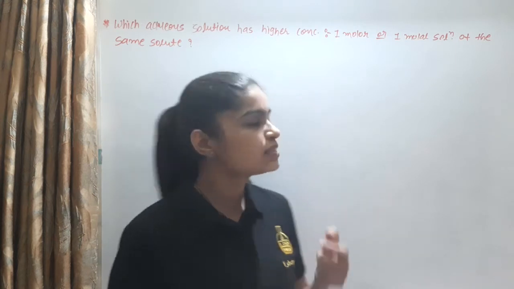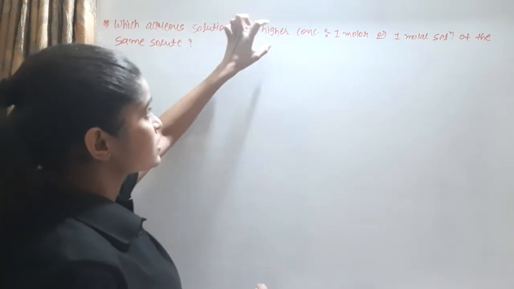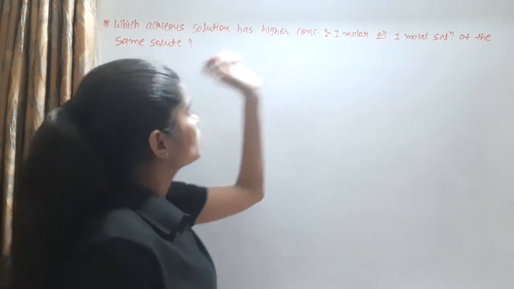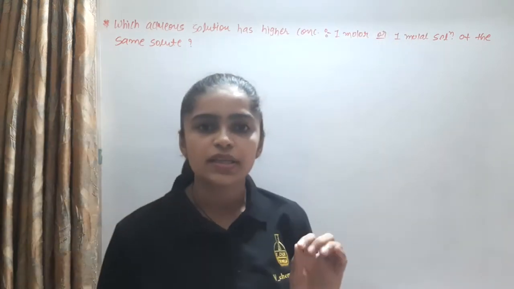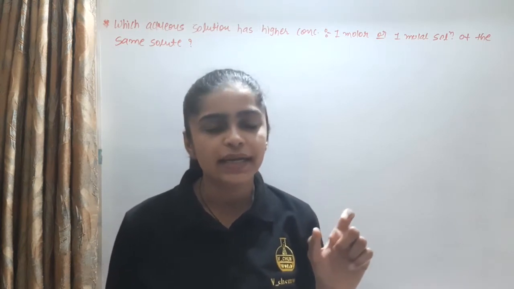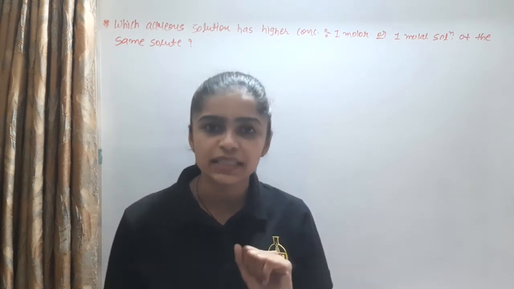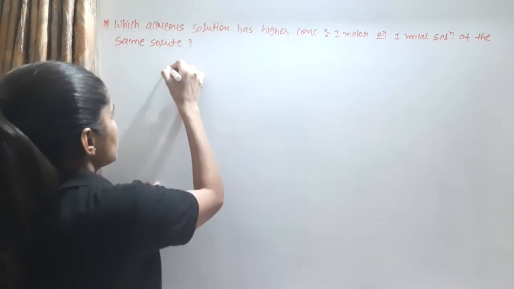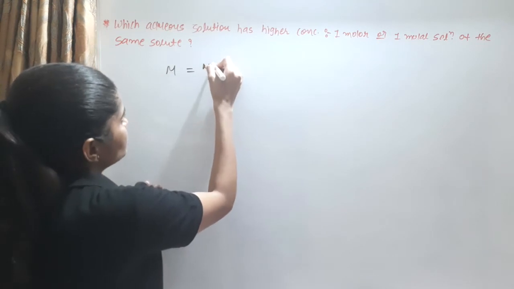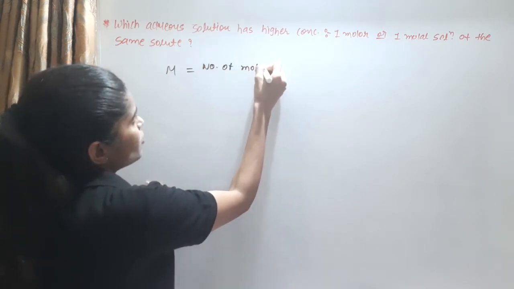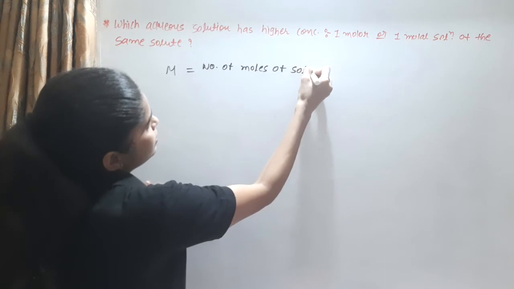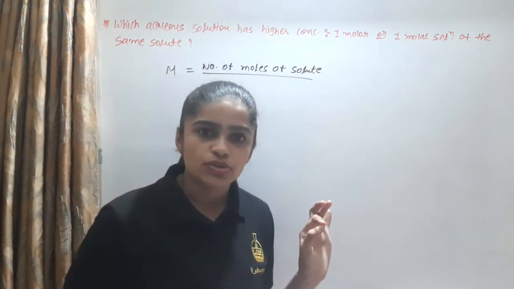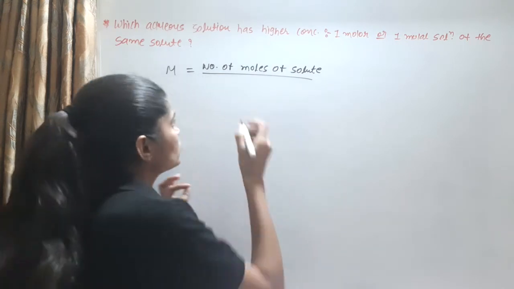So, the first question is: which aqueous solution has higher concentration, 1 molar or 1 molal solution of the same solute? We know that 1 molar means molarity and 1 molal means molality. First, the definition of molarity: M is equal to the number of moles of solute dissolved per liter of solution. That means the volume of solution